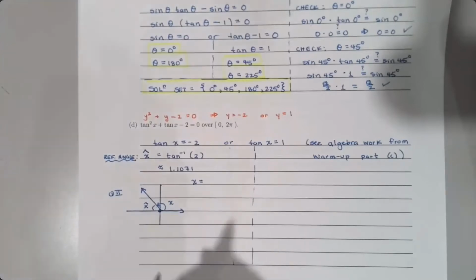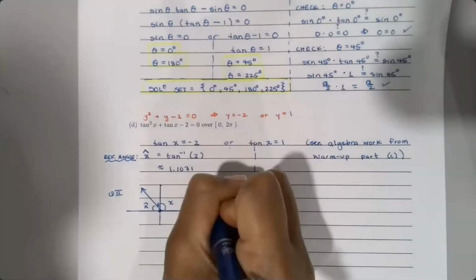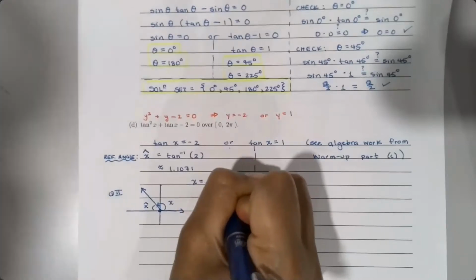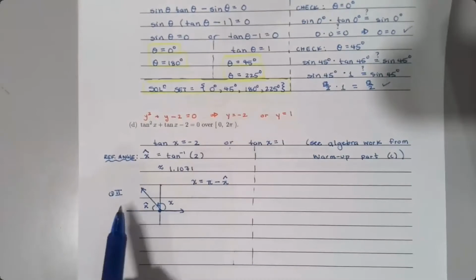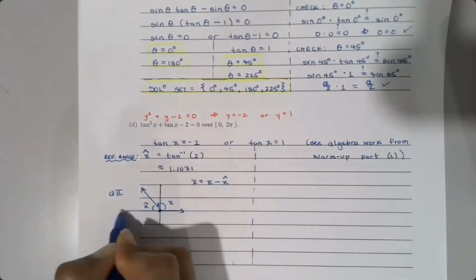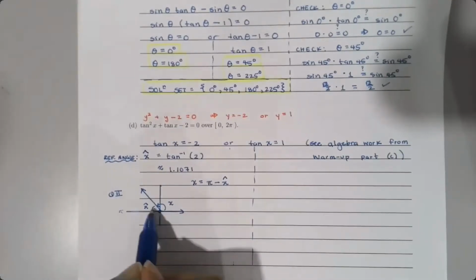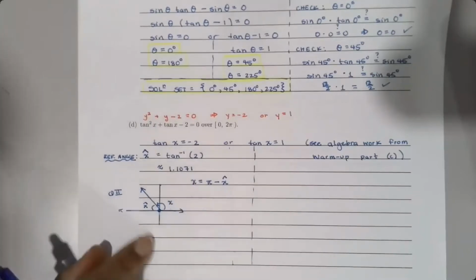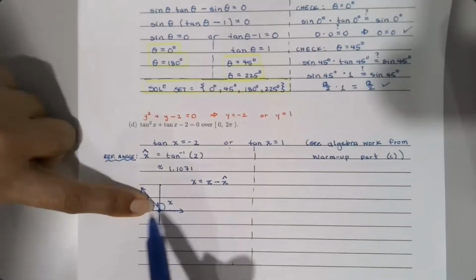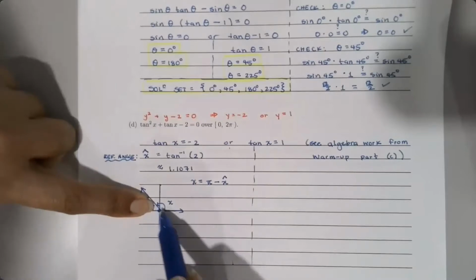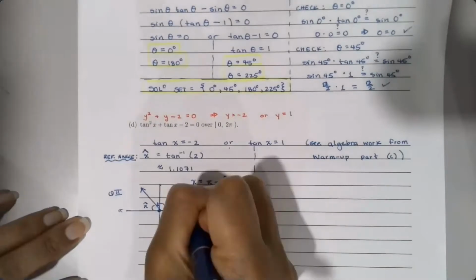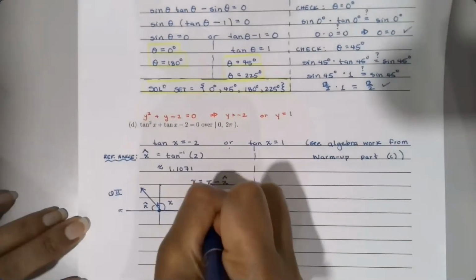So since we're working with radians, we would do pi minus the reference angle. Right? Because together they make up pi. If together this is pi, then to get just the x, we would take pi and subtract away the x bar or the x hat, which is our reference angle, and be left with the x. Very good. All right, so the first angle is going to be given by pi minus this